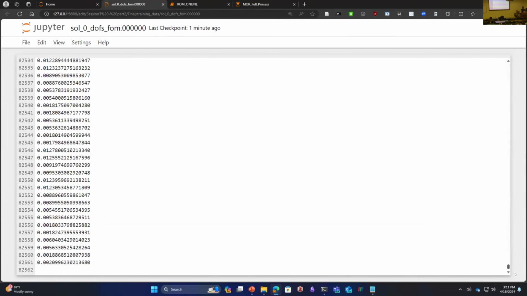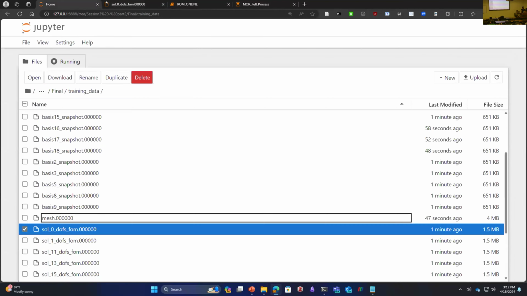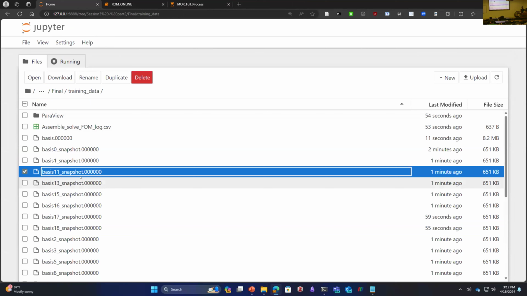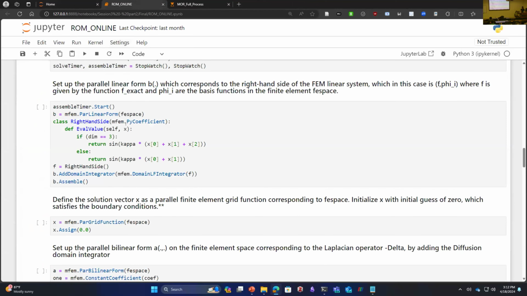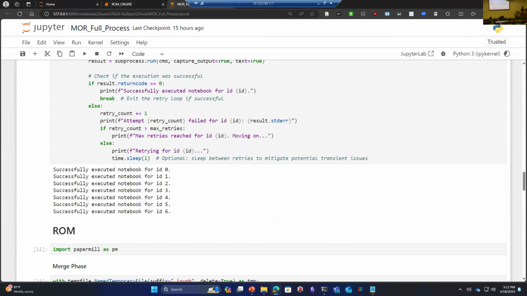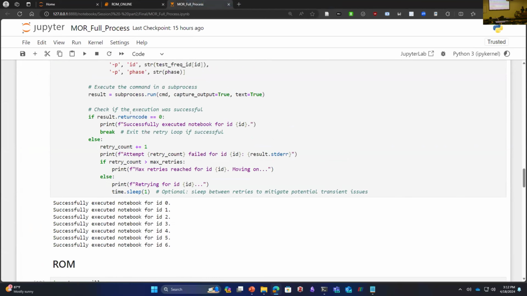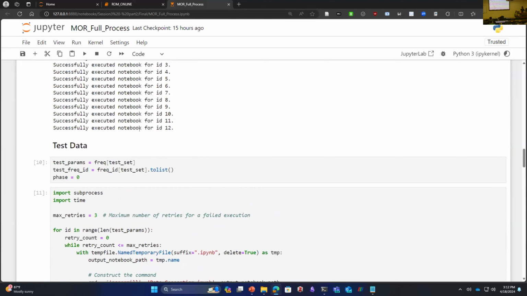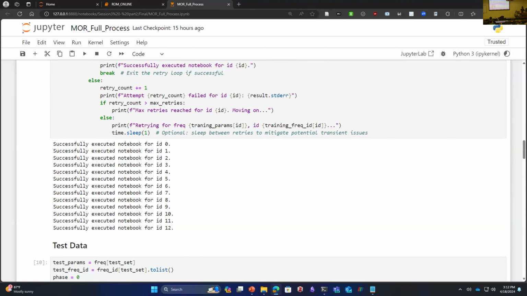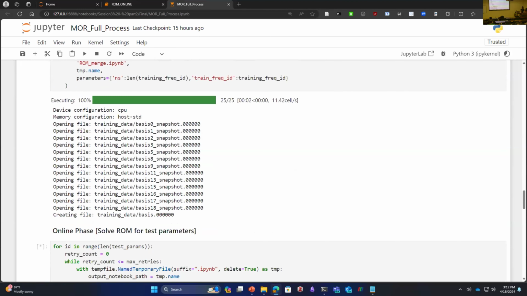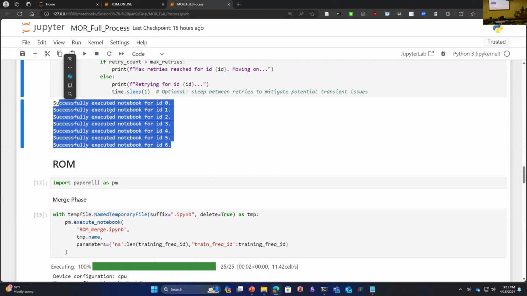Let's see actually the demand. Yeah, we have 80,500, 82,500. These are the bases which will be used in the merge phase. It's almost done. So now basically we did 20 full order model solutions. Out of 20, 13 is the training data set, 7 is the test data set, and for these exact parameter values we